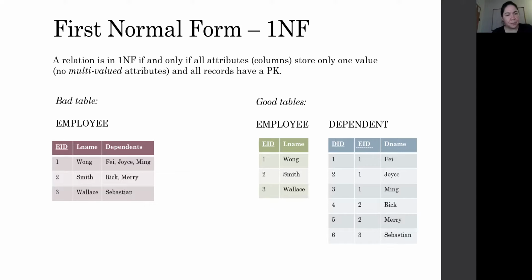So here, if you have a multi-valued attribute, which when we first learned the ERDs, they're the ones that have the double lines around them, we need to actually break these up into two tables. So we have our employee table, which just has our employee information in it. And then we have our dependent table, which has the key and the dependent name separately. And so here we can see that our,